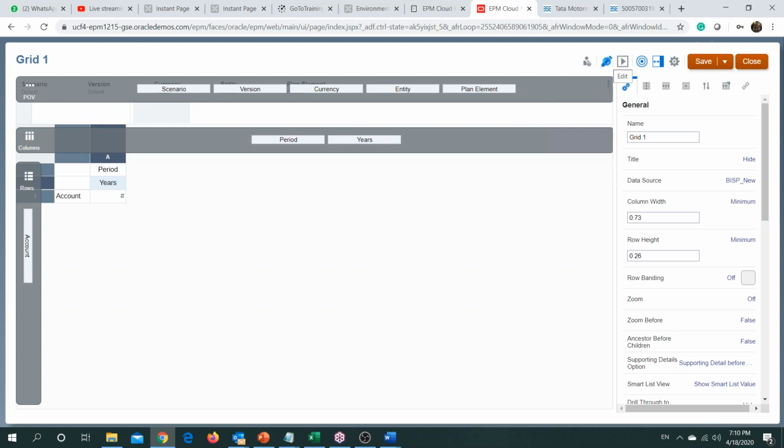Once done, go to edit again, edit. Okay, and it will give you the layout under which you source information.